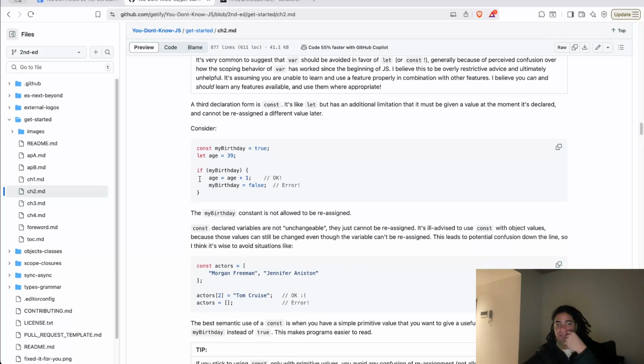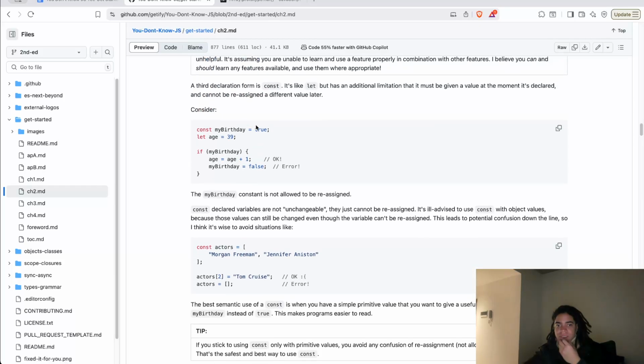Consider this: my birthday is true, the age is 39, and then you have my birthday, age plus 1. But then you want to switch that to false. You can. Const declares variables that are not unchangeable; they just cannot be reassigned. It is ill-advised to use const with object values because those values can still be changed even though the variable